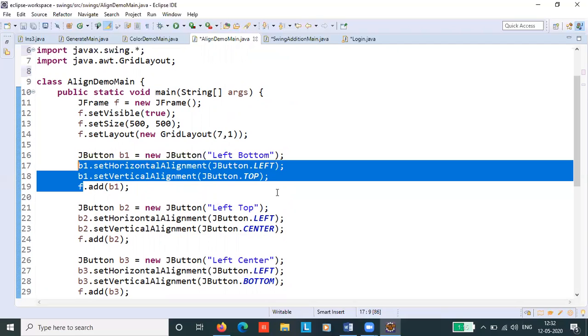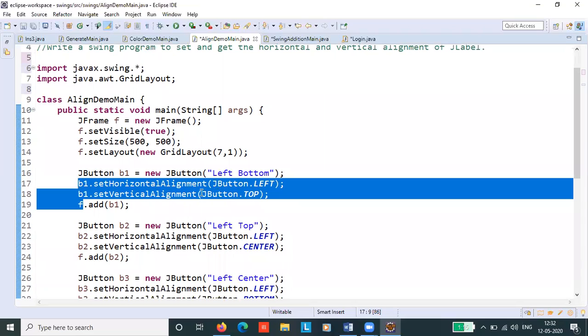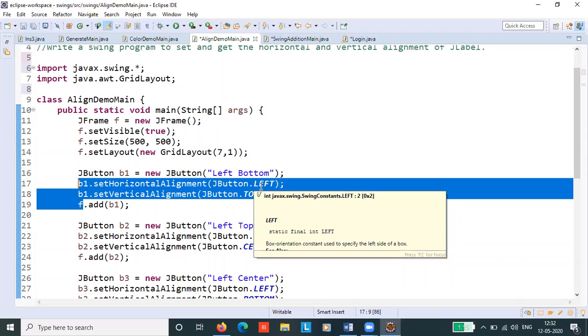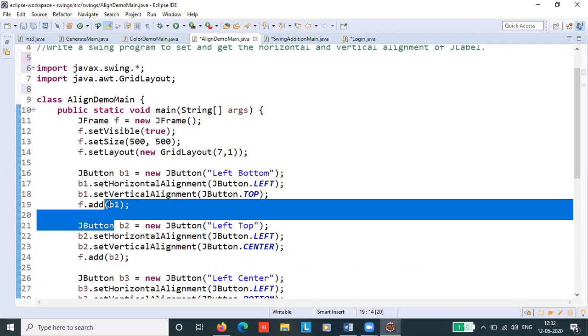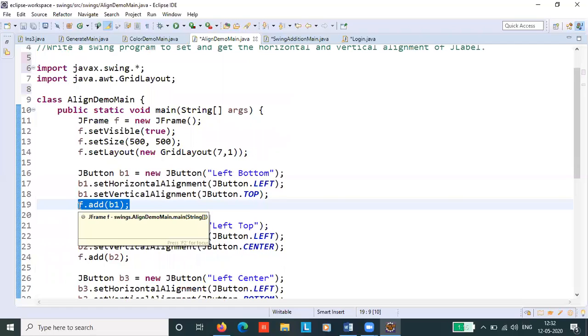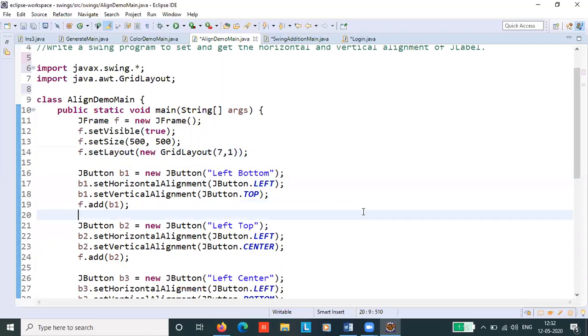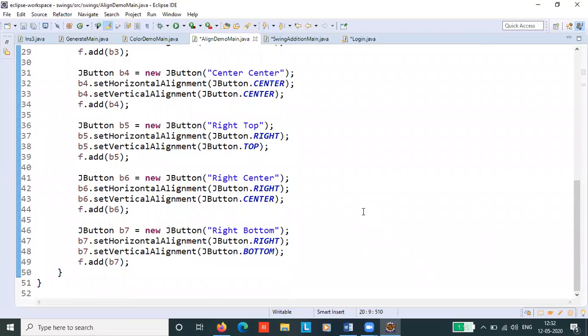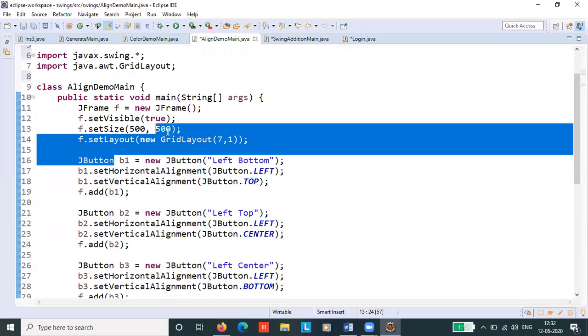With the help of this, you can set the alignment of your components. Then we are adding those buttons to the frame using the add method. So here I have passed 7, 1 because I want to demonstrate 7 alignments, so 7 rows and 1 column.